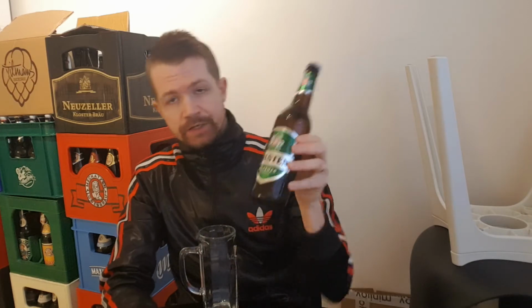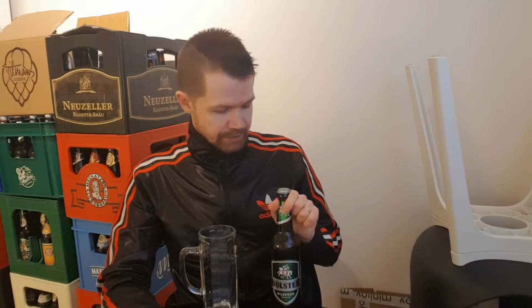4.8 ABV. I should also mention that, of course, which is very typical for German-style Pils regarding the ABV. And I bet it's also going to be quite typical in the taste for North German Pils, which has quite strong hops bitterness. In my opinion, it's something that I really like. The German Pils is the best Pils, in my opinion, together with the Czech ones, of course, because of the quality of the ingredients, the Reinheitsgebot, and the hops bitterness, which is very dominant. They are a little bit stronger in the hops bitterness compared to the Czech Pilsners. But let's open this one up